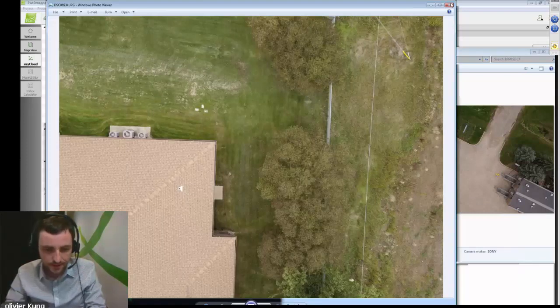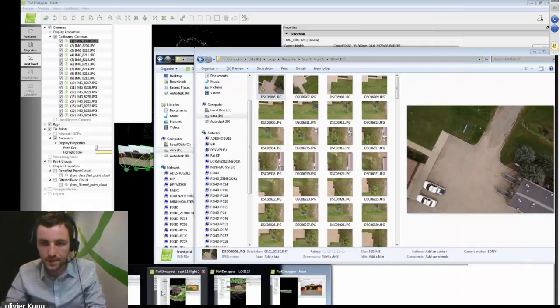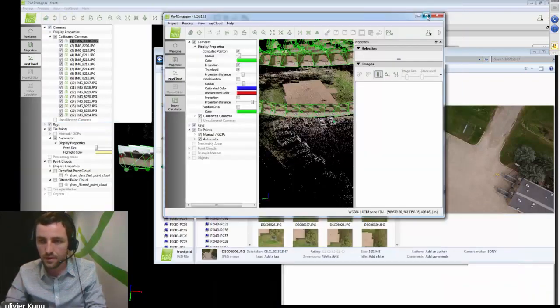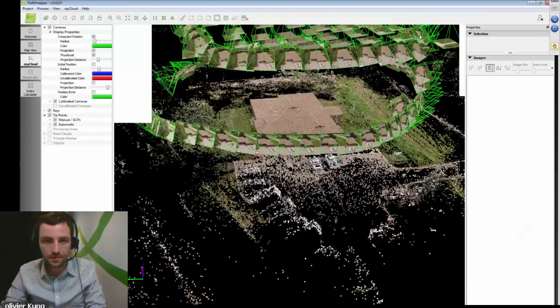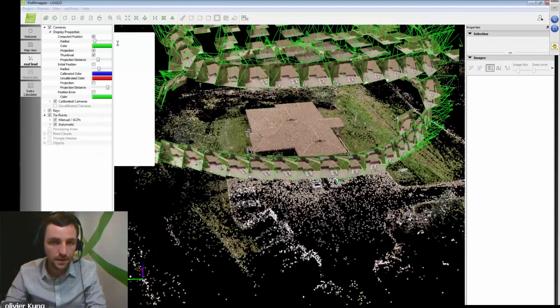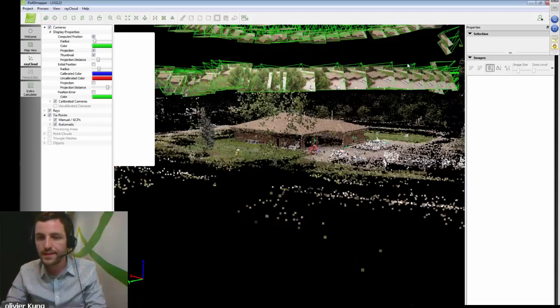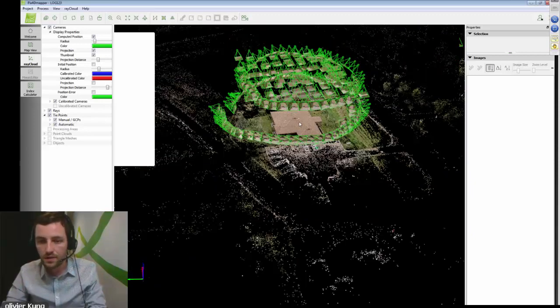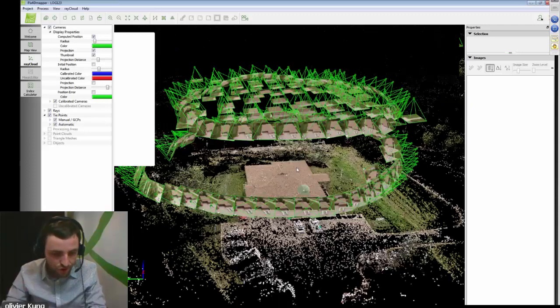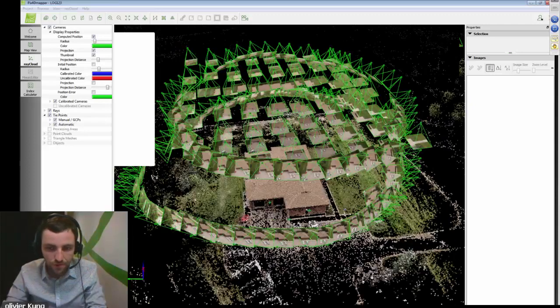If you process this data set, you will obtain something like this one. So in this data set, there were the Nadir images, but I forgot to show that there was also already a few